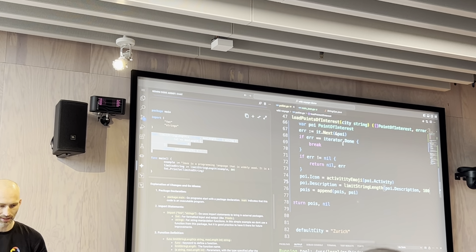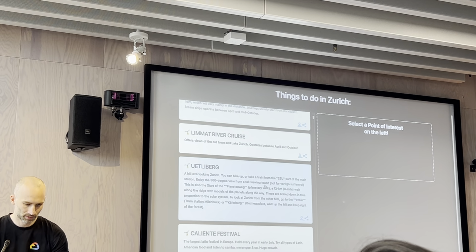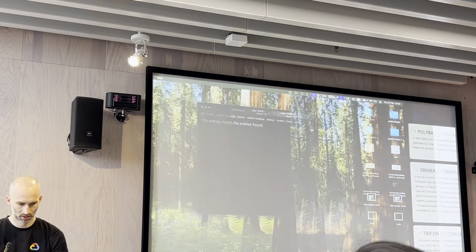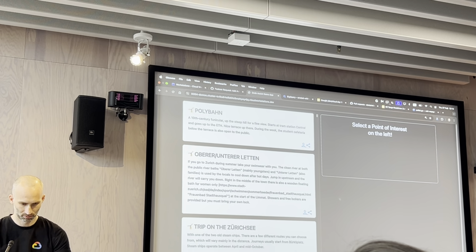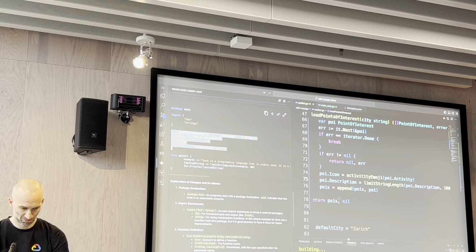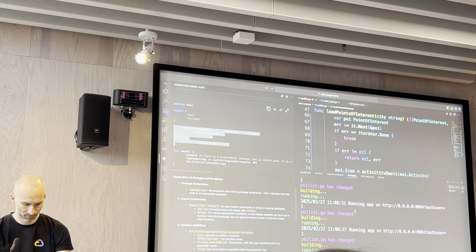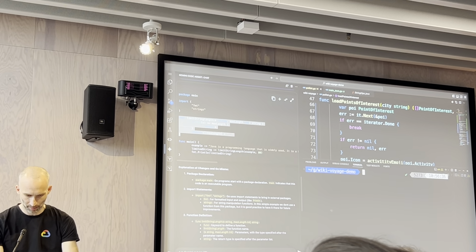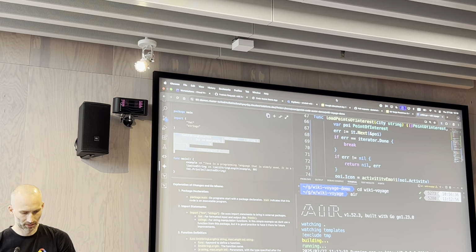So go back to the application and then maybe the hard reload crashed or something. Really gotta find something. If people know anything better than this here in Go, we should probably replace that. Okay, I'm sure you can